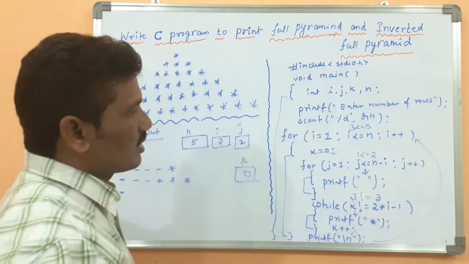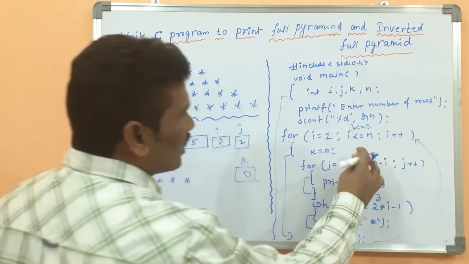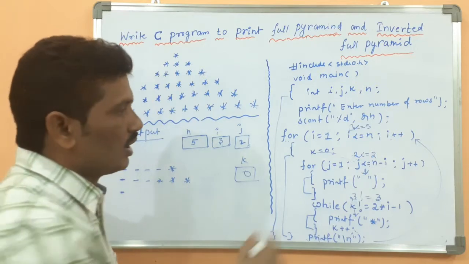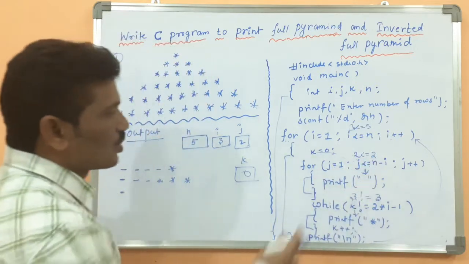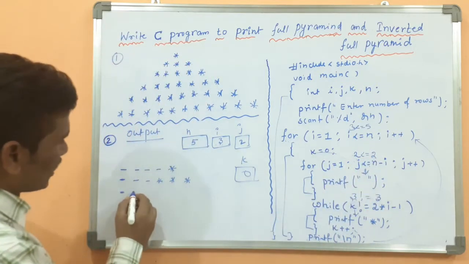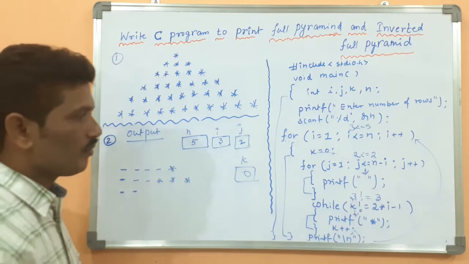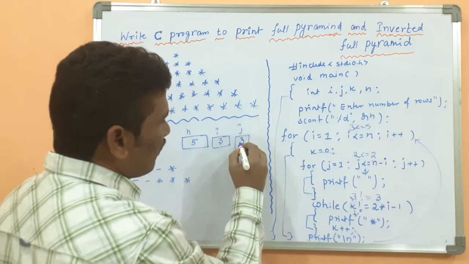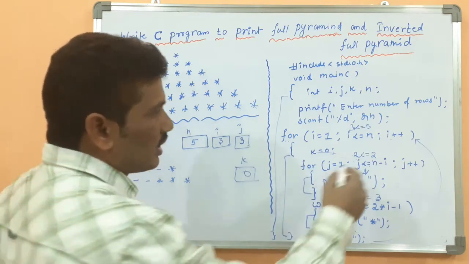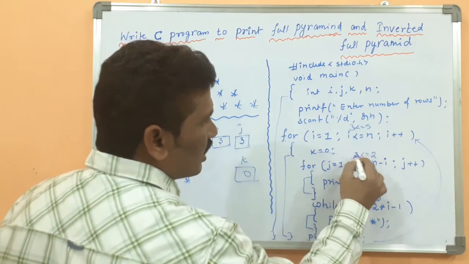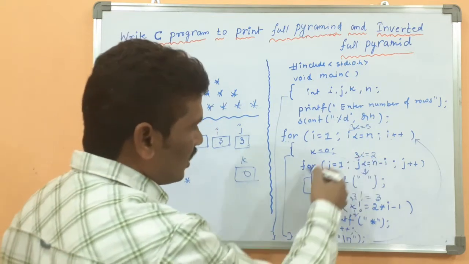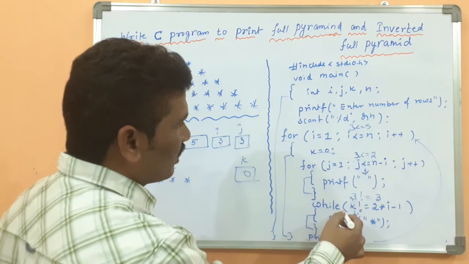Then what is j value? Now it is 2. 2 less than or equal to 2, the condition becomes true. Again it is true, so this statement will be executed. Another space should be displayed over there. Then again j value is incremented by 1. J value becomes 3. 3 less than or equal to 2, the condition returns false. When the condition is false, then control will come to here.